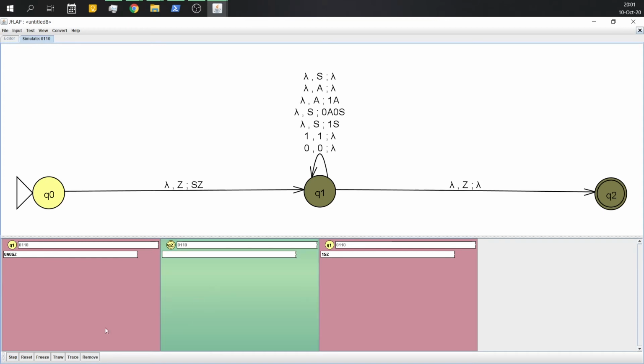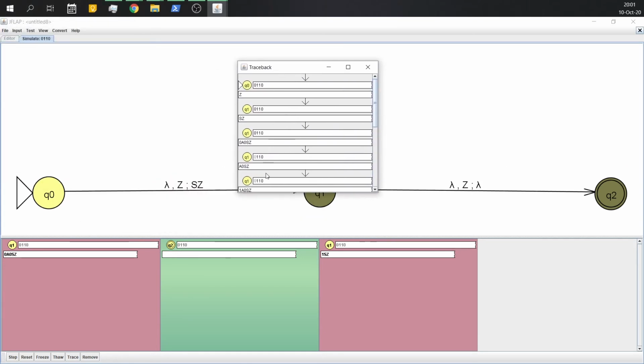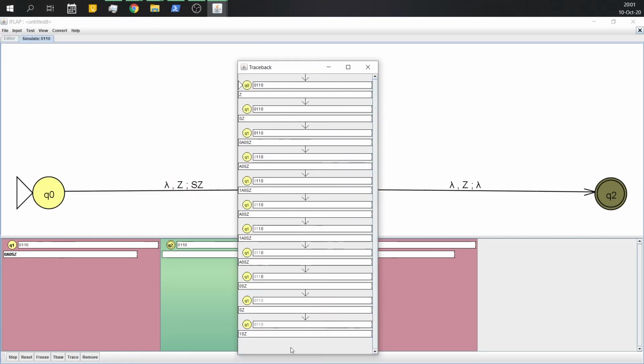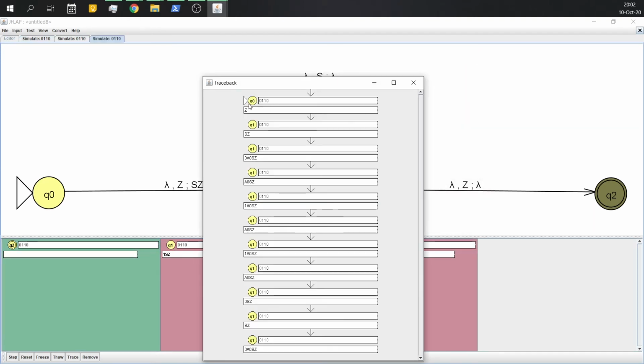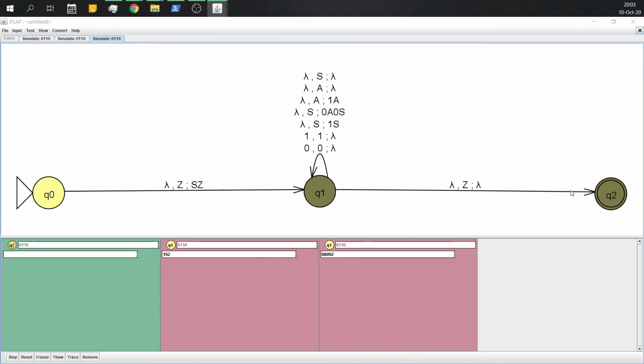Click on select it and then click on trace at the bottom of the screen. Now here we can see the starting state q0, and at the last the string is completely parsed. So we stop here.